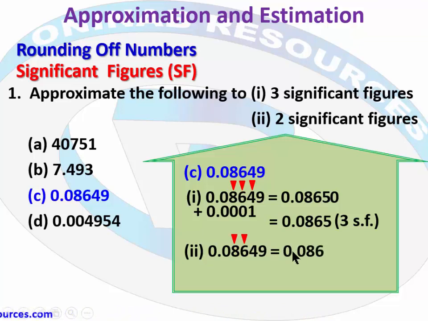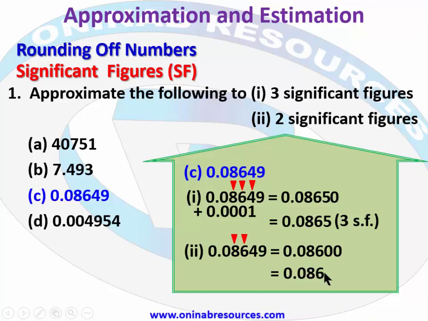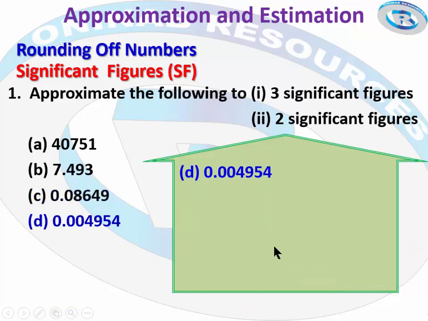Our answer will be 0.086, adding the 2 zeros, which we said is negligible, it's not necessary. Therefore, our final answer is 0.086 to 2 significant figures. And that's all for C. We go to D. For D, we have